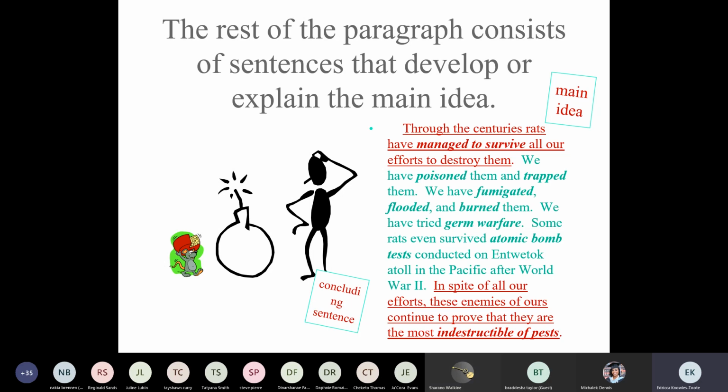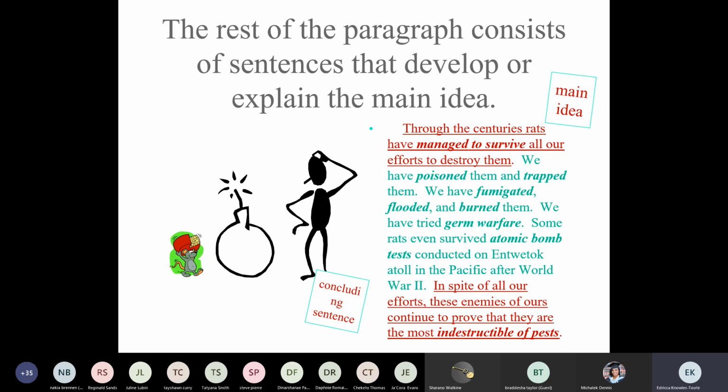We have tried germ warfare. Some rats even survived atomic bomb tests conducted on Enewetak Atoll in the Pacific after World War II. In spite of all our efforts, these enemies of ours continue to prove that they are the most indestructible of